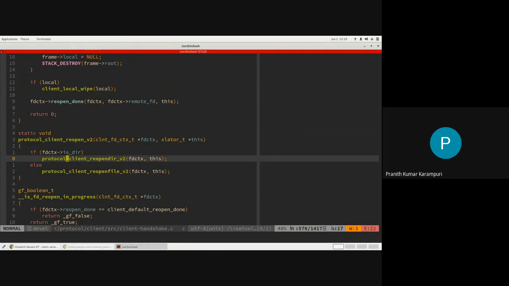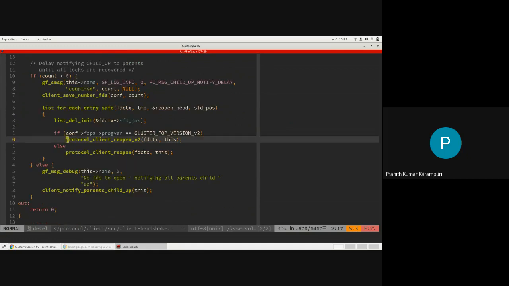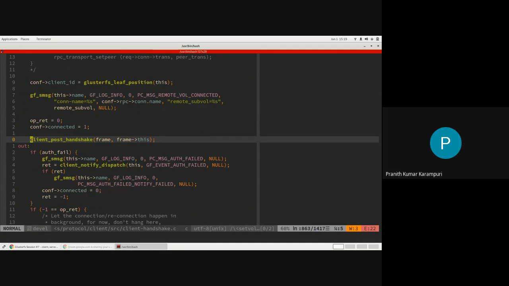If it is a directory, it will be reopened as a directory; otherwise, it will be reopened as a file. So the FOP that gets sent over is either open dir or open. And once all these FDs are open, you mark the FD with the number that gets returned by the server translator. So that's what happens in the reconnect path.